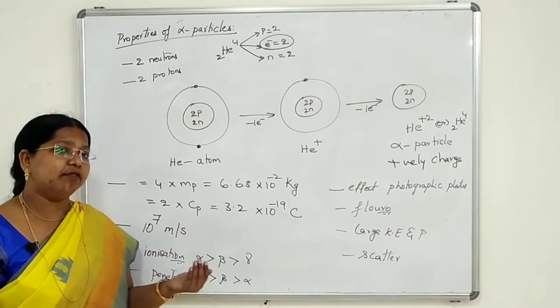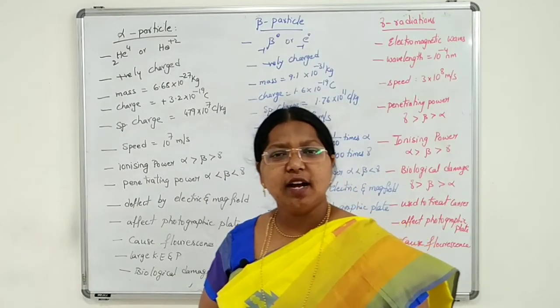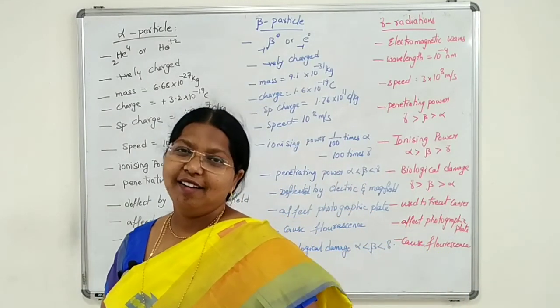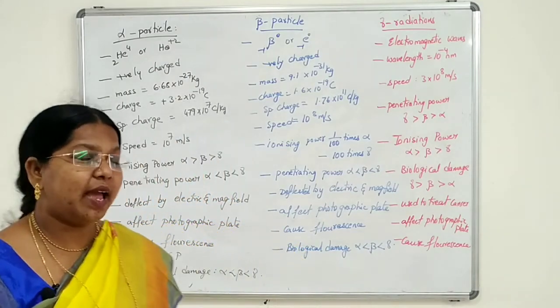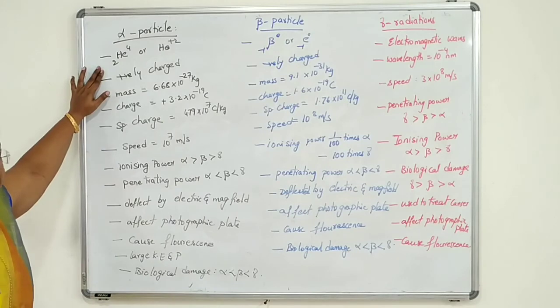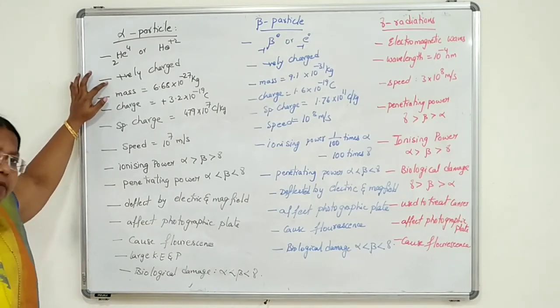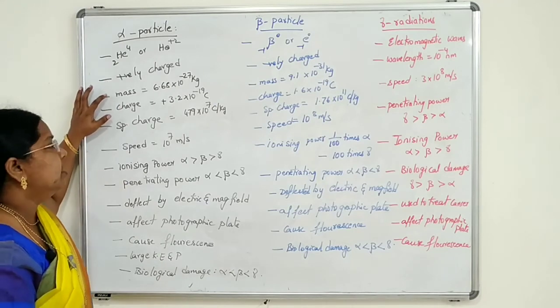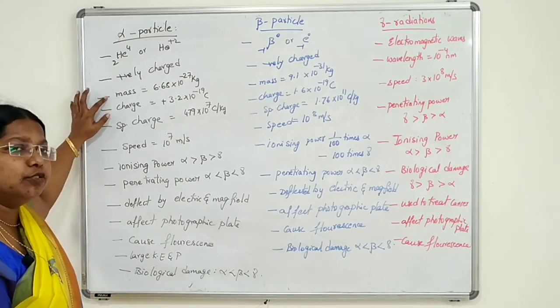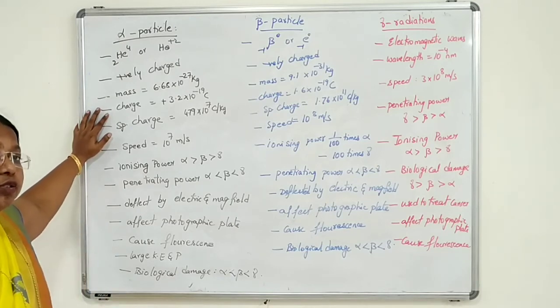Now we'll see some of the properties of beta particles. As we discussed earlier, alpha radiations are dipositive helium atoms. So it is represented by He-2-4 and He+2. It is positively charged, so they are deflected by electric and magnetic field. We already discussed: mass is 6.68 into 10 power minus 27 kg and charge is 3.2 into 10 power minus